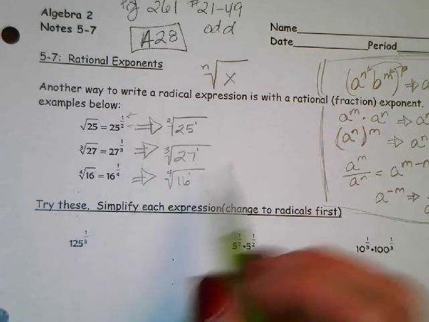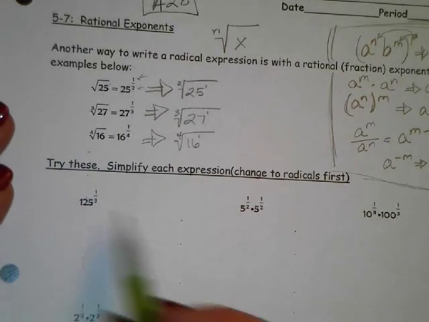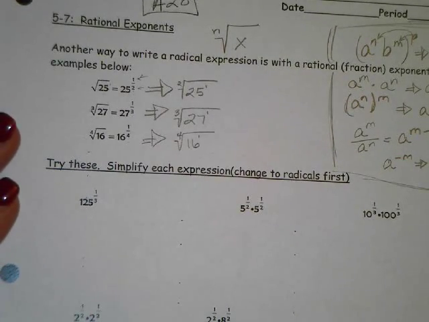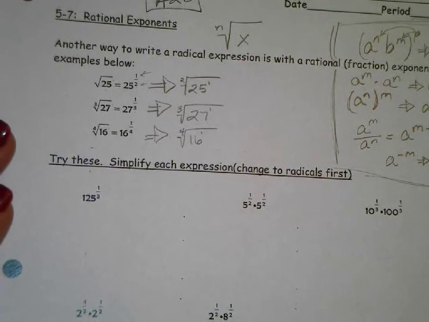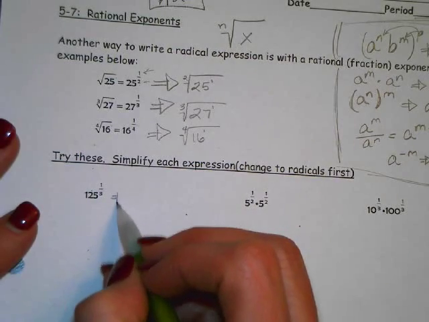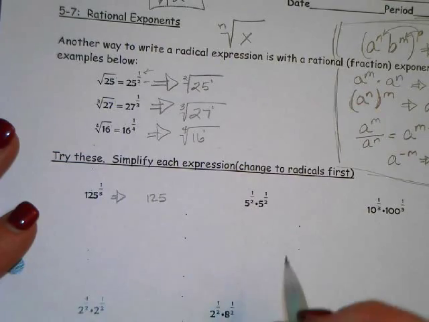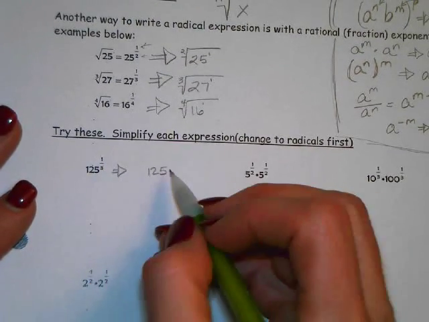So when we have this form, that is how we can go backwards and forwards. Okay? So let's look at some of these examples and see how we could use them. Okay? So if I have 125 to the 1/3, I could rewrite this as 125, and then I have the